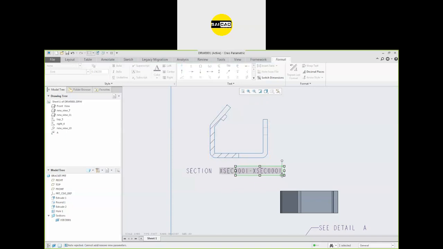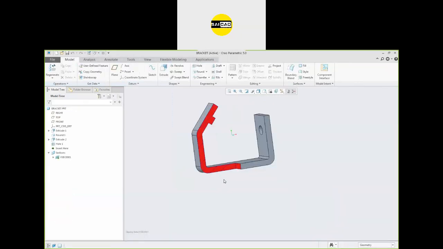Okay, so if you type anything, it will not be updated. Okay, so to edit the name, you can just go back here, and we have the section here. Go to the right click, and we have the rename option. I want to specify this is A dash A, and go to the drawing.